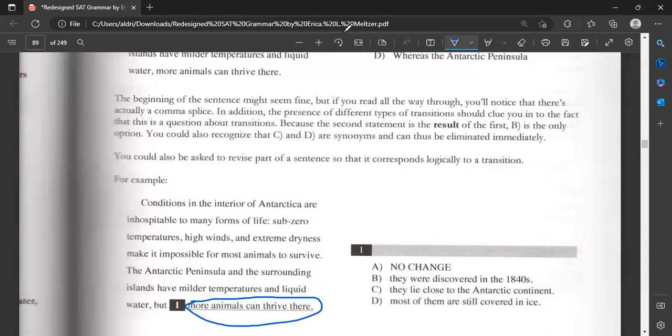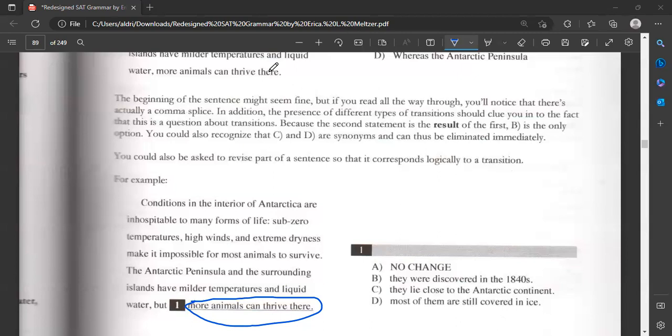I think the first thing I'm asking here is, what lies close to the Antarctic continent? Is it the animals? Let's look at this sentence. The sentence says the Antarctic Peninsula and the surrounding islands have milder temperature. Oh, so it's the islands and the surrounding. Can I change my answer right now? Uh-huh. Okay, so I will actually choose B. You choose B. Yes, because